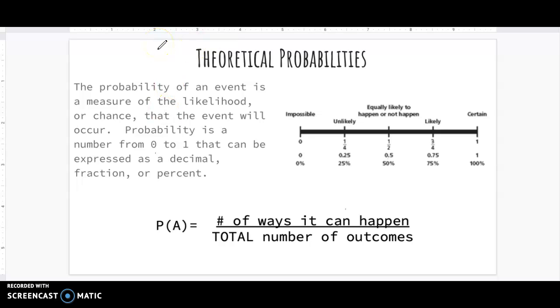Okay, so theoretical probability. The probability of an event is the measure of the likelihood or chance that the event will occur. Probability is always a number between 0 and 1, and it can be expressed as a decimal, a fraction, or a percent. Most of the time when we're calculating probabilities, we use fractions because they're the easiest way to represent the probability. Depending on what we're doing with it, oftentimes we turn it into a decimal or a percent. If we need to use that probability in some other way, we'll typically use the decimal equivalent in some type of